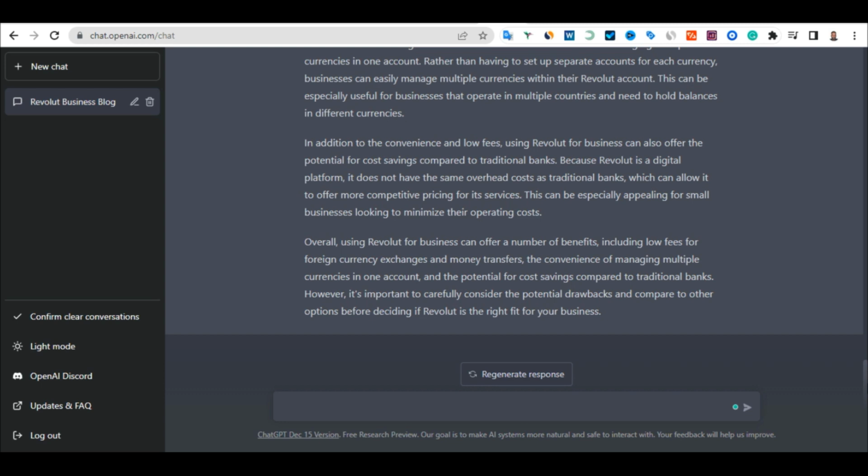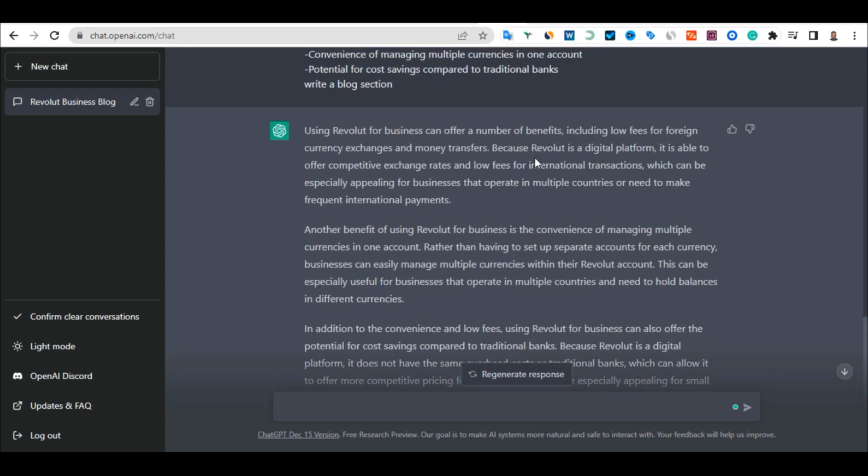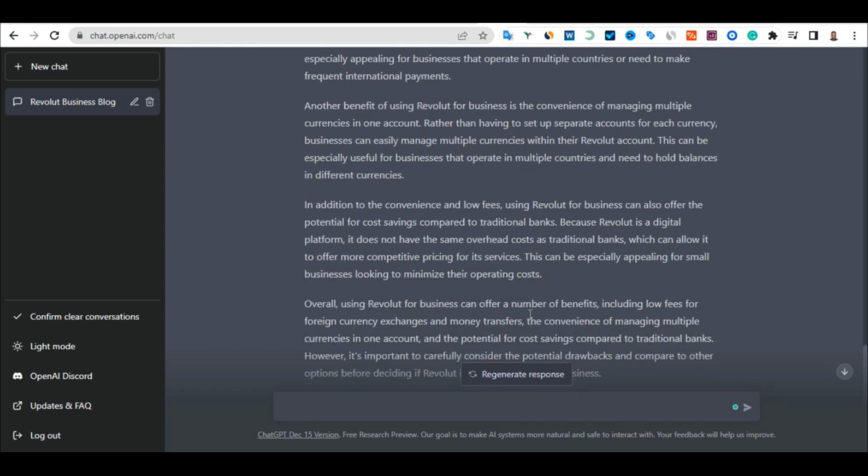So once it's done like this, remember what I told you. The last headline of this content, don't use it. Always use the first, second, and third. So this is the first one here. You can see this is the first headline, second, and third. But this last one, don't use it. Just leave that. And all I need to do is copy everything.